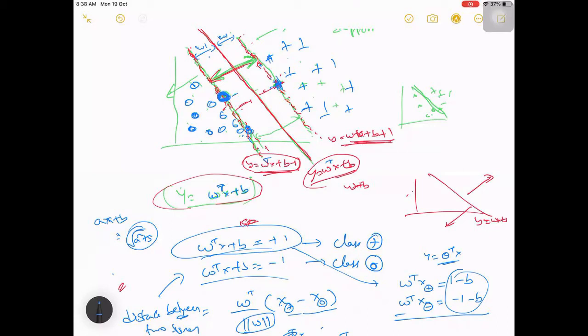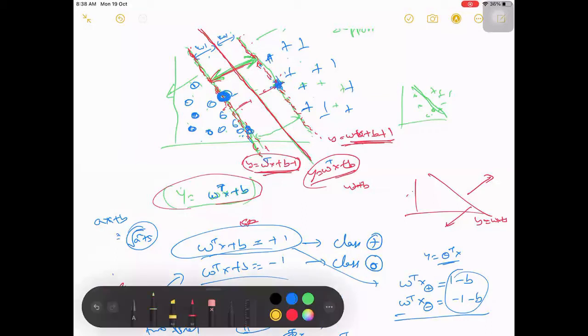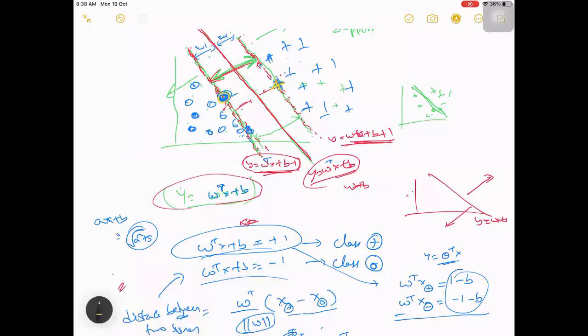Okay, for simplicity I draw only one, but it can be multiple. Okay, so let us assume like in this example, this one which I highlighted here. Let me highlight in other color. So this one which I am highlighting here are the two ones which are very close to each other and they can decide separation between them.